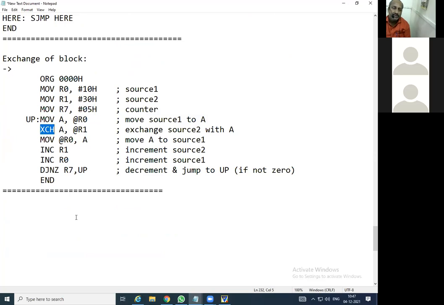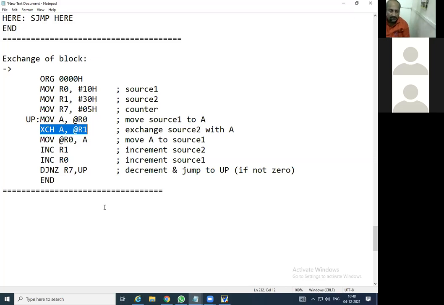But this exchange has to be done with the accumulator. So first, the data of R0 we have taken into the accumulator, and we have exchanged the data between A and @R1, that is source 2. Automatically the data is going to be exchanged here.